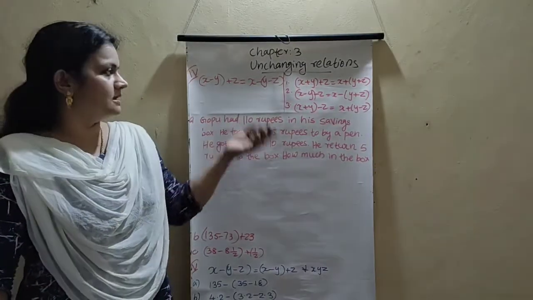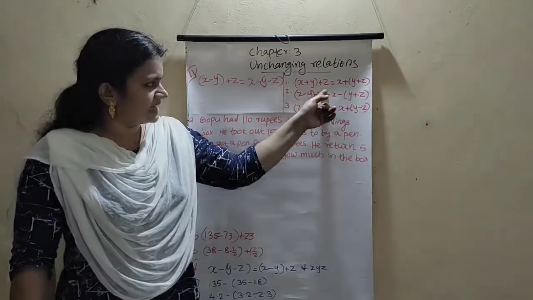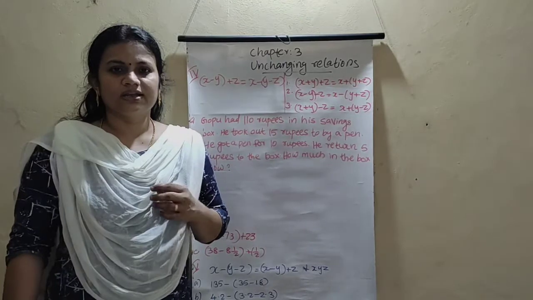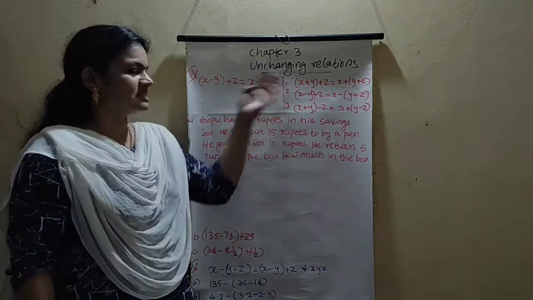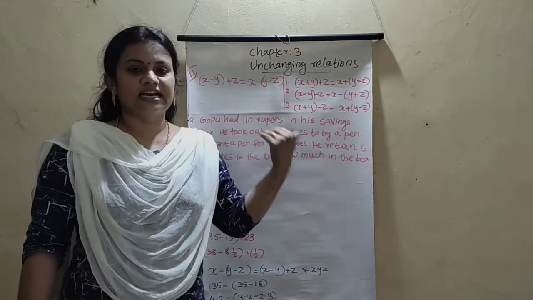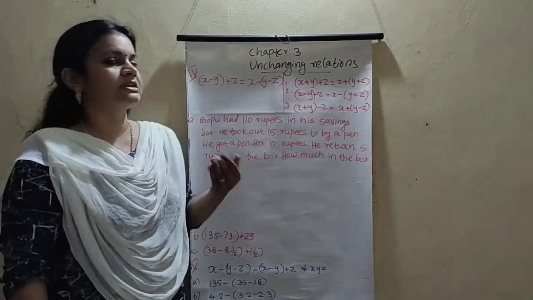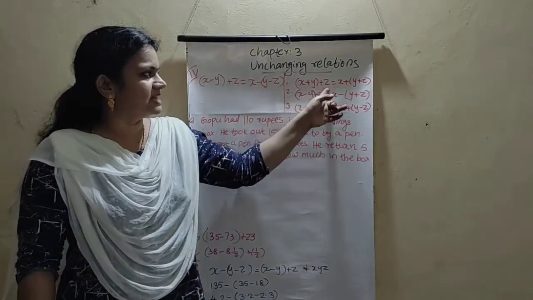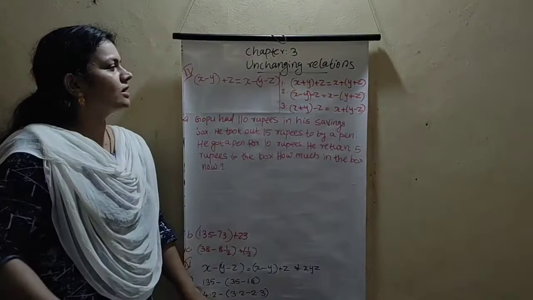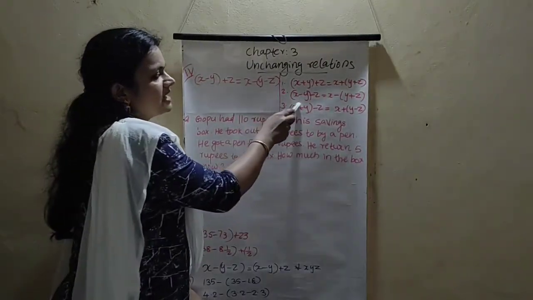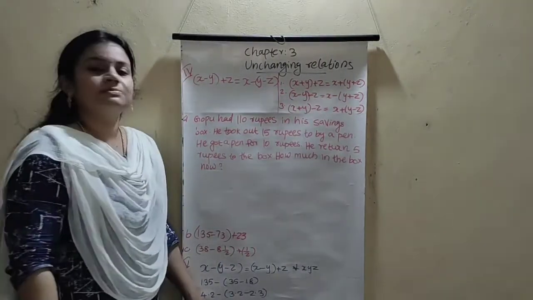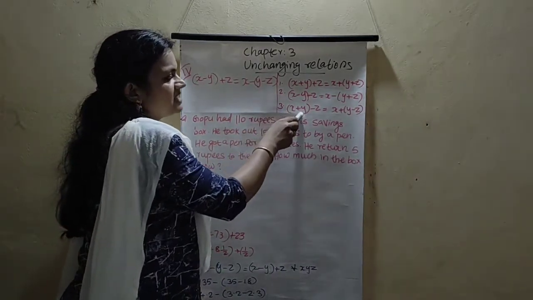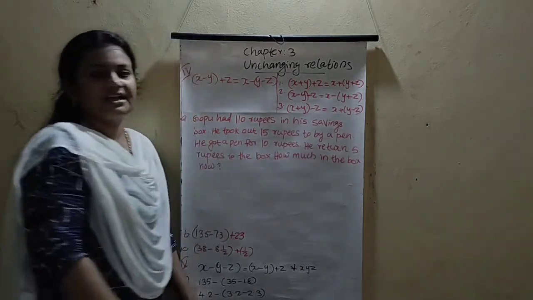The first general principle is x plus y plus z is equal to x plus y plus z. Okay, you study this up. I hope you all have studied the first, second and third general principles and problems also. So, the first general principle is x plus y plus z is equal to x plus y plus z. Okay, the second general principle: x minus y minus z is equal to x minus y plus z. Okay, the third one is what? x plus y minus z is equal to x plus y minus z.